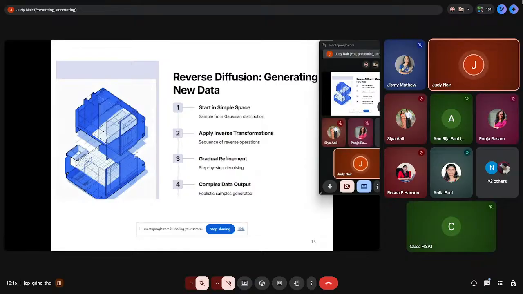Like at time t, it will denoise, checking against the actual image how much noise is there. Then that is passed through again at time t plus 1. So if you have an image x naught, it is transformed to xt. Then from xt to x naught, the transformation happens in this reverse diffusion stage. It keeps denoising until it achieves the actual image. It could be an actual image, or a random image similar to the actual image, because it is just randomly generating it from the Gaussian distribution. So it could also synthesize a new image.